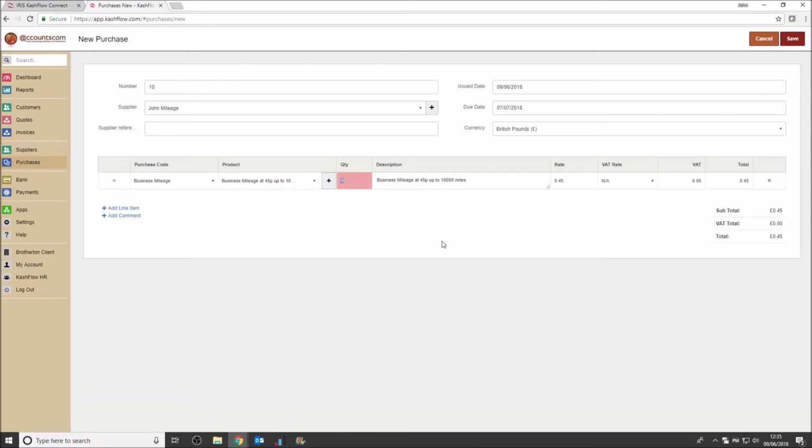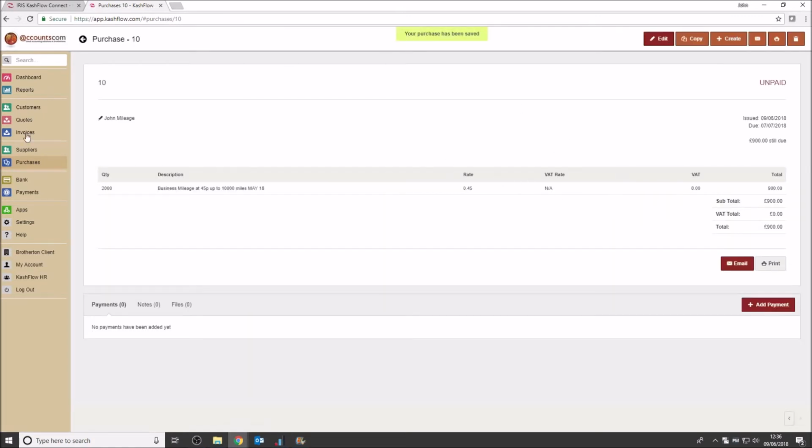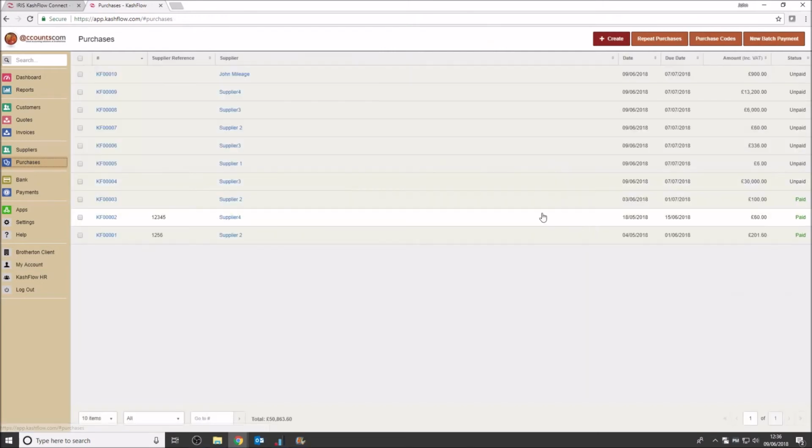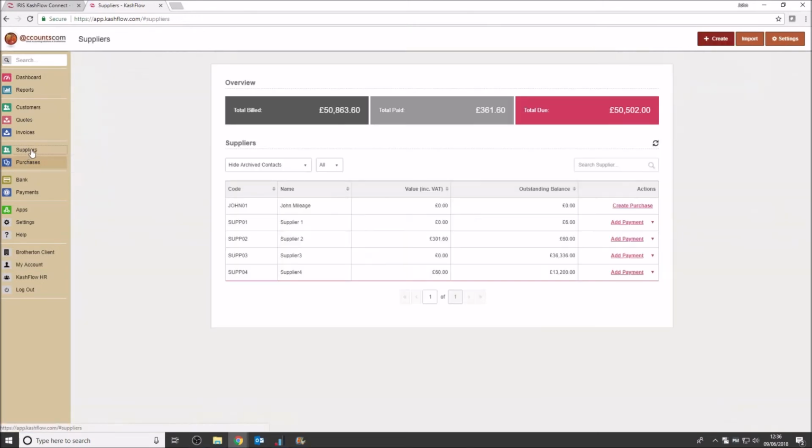We may say, right, in May I've done 2,000 business miles. We put the quantity in there, and then what I would be tempted to do is put that there, 18. So we've got business mileage at 45p up to 10,000 miles, May 18, 45p, 2,000 business miles, so it's £900. So we save that. That's gone through now. So if we go into our purchases, we can see now we've got that raised against that. If we go into our suppliers,